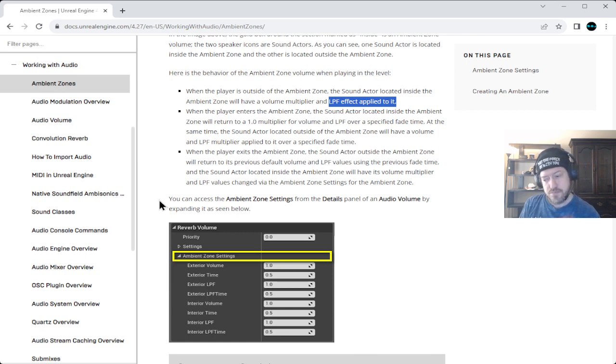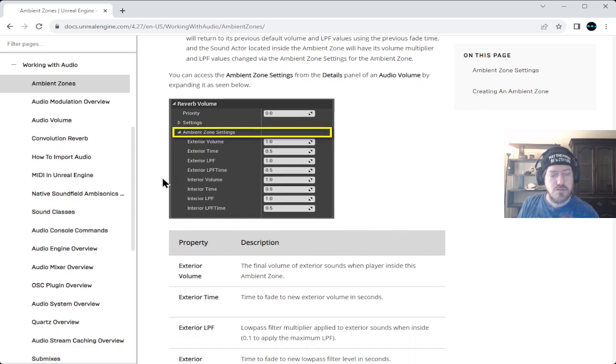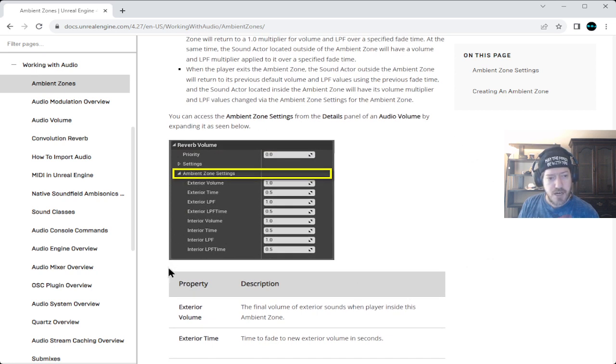So, interesting. This might be outside of what we need for now, but it might be something we need to remember for later. If we design a game, like an RPG, and our characters go into a city and enter a shop, then we may want the ambient sound to change.